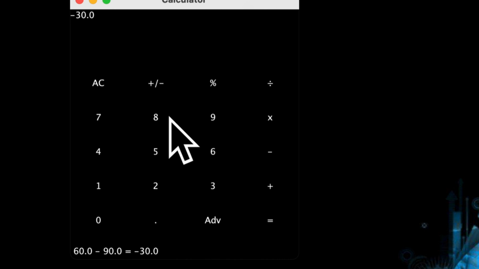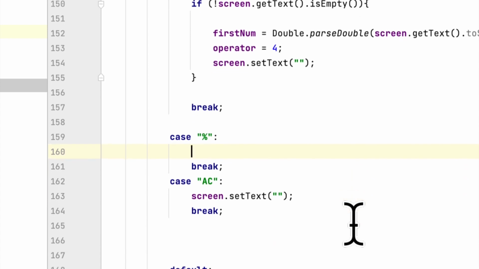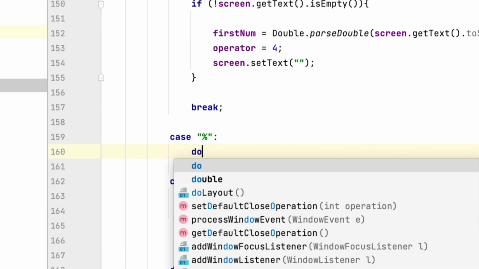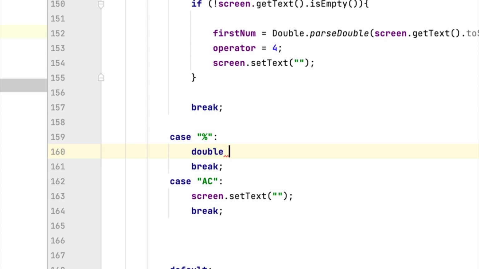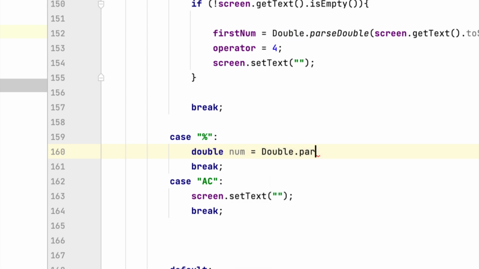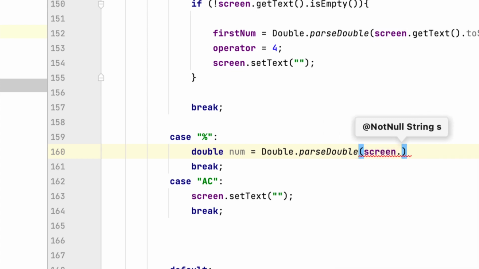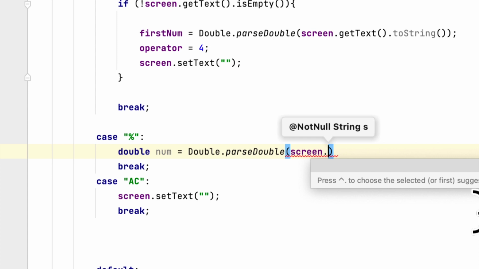So if we press 8, when we press percentage, it should give us the decimal format of that, 0.08. So we'll say double number, get